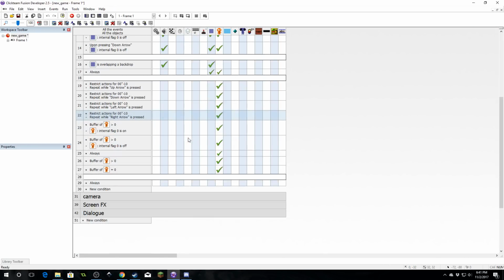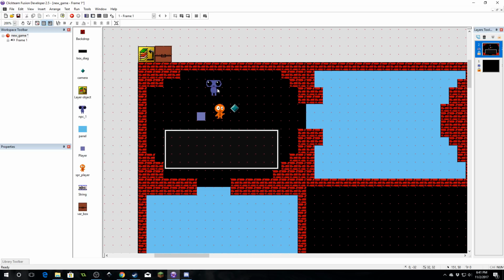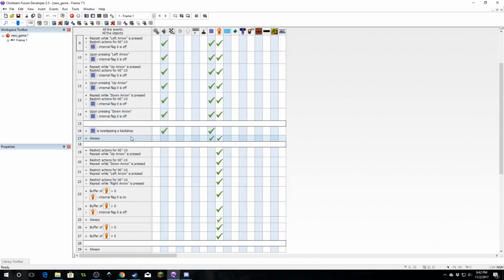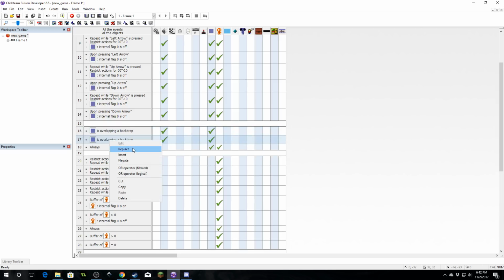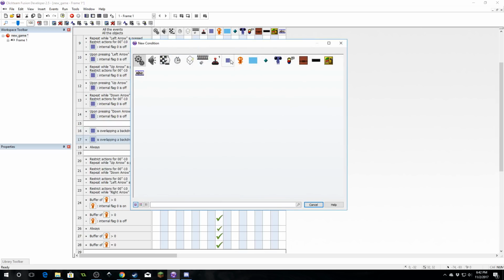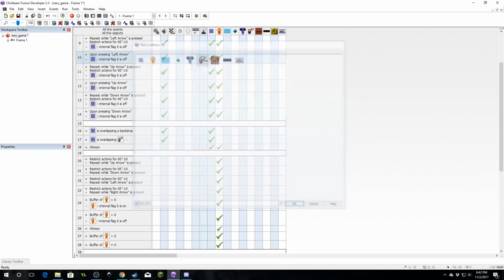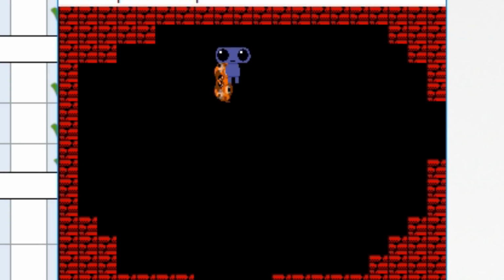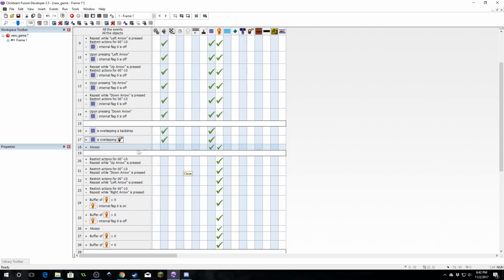Okay, we don't want the player to be able to overlap the NPC, so we're going to copy this line on 16, which is where we do our collisions with the backdrop, and replace that with player overlapping another object, and that's going to be the type NPC. Let's test and see if that works. It does in fact work, but we also want to make sure that the player is always being brought to